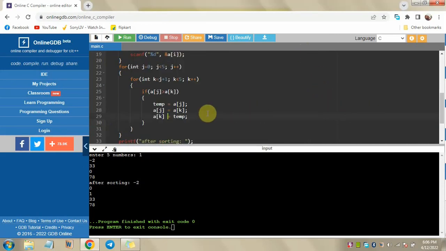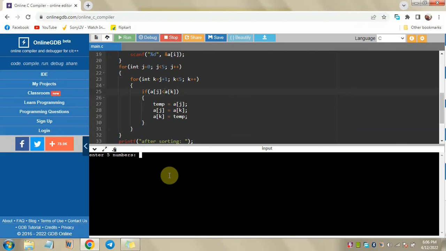And if you want descending order, you just have to change this operator from greater than to less than. So if we run, we will now get the numbers of the array in descending order. So let's give 1, 0, -5, 78 and 44.